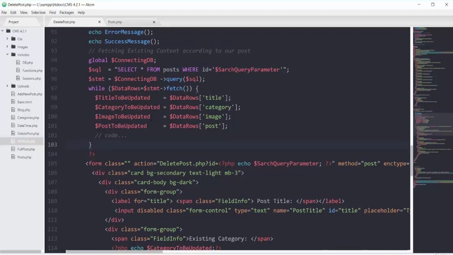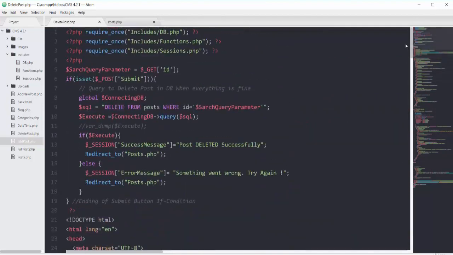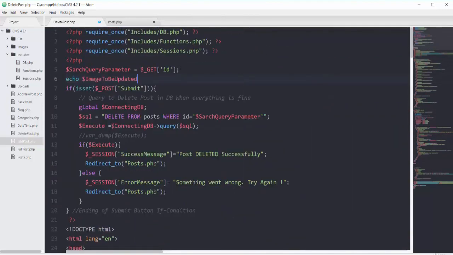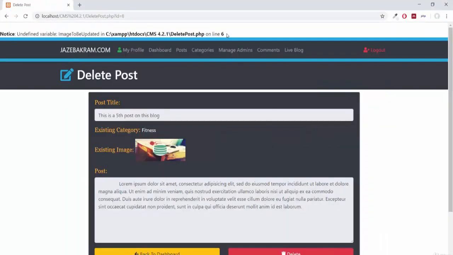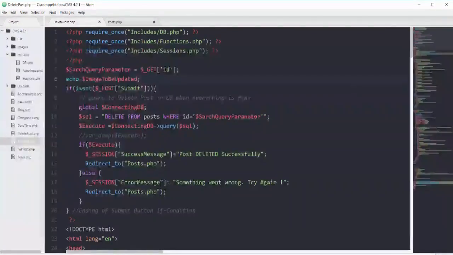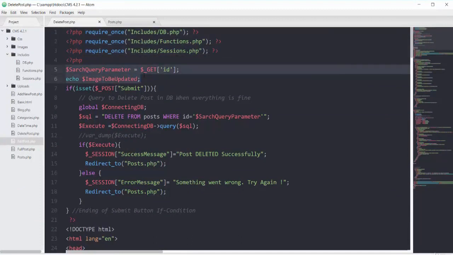So if I try to echo this image to be updated right at the top, save this one, and if I click on this delete, you can see I will have this error on line 6 because first of all our script will execute this code, then it will execute this code, and on line 6 it will say this guy is echoing this image to be updated variable, but this variable is not defined on line 1 to 5, so it will show us the error.